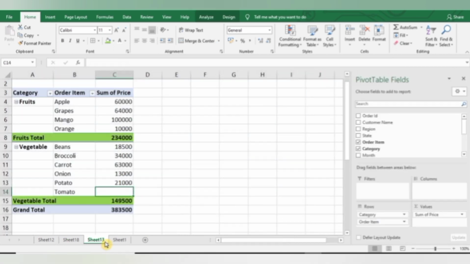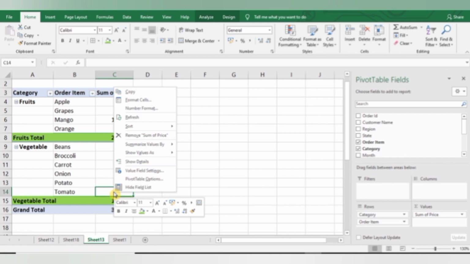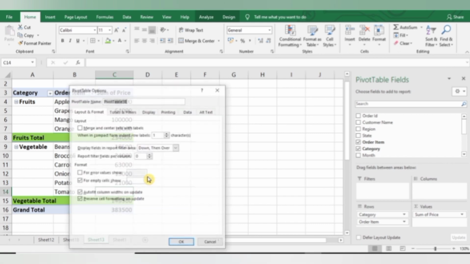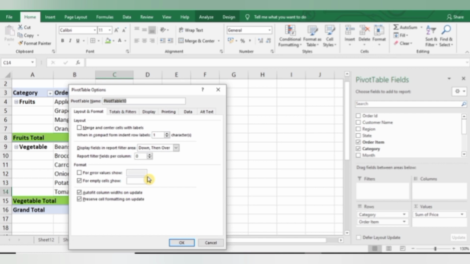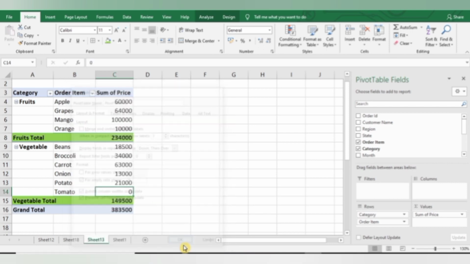So in my pivot table also I am getting an empty cell, and if you want to replace your empty cell with any value, then put the cursor on that cell and right click of mouse, and then from here select PivotTable Options, and then for empty cells value, tick on empty cells value and then type any value which you want instead of your empty cells. Like I want 0, so I am typing 0 and then press OK. So this is how you can fill your empty cells in your data.